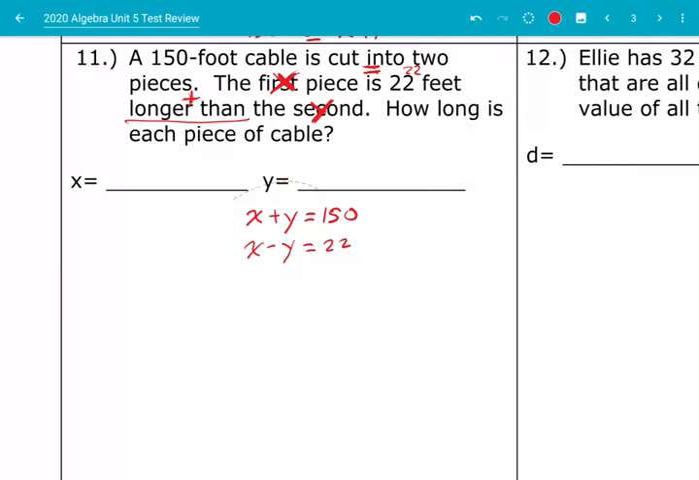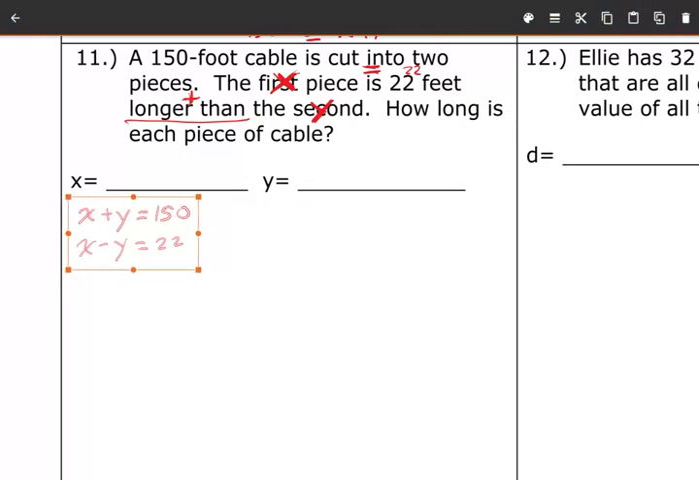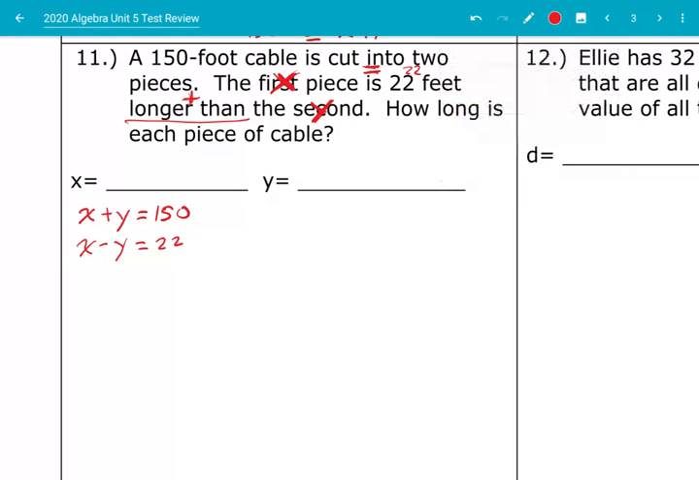Let's get you back over here. Here's our two equations. Let's solve. See, look here. We have same coefficient, different signs. That's ready to go. So we can just zero that out. So 2x equals 172. So divide by 2, we have x equals, what's that? 86? Yeah. 86. So x is